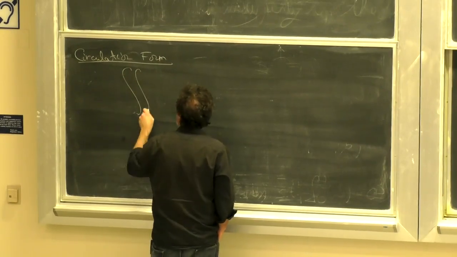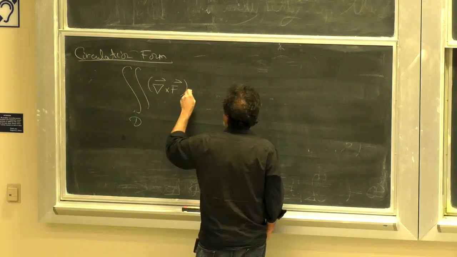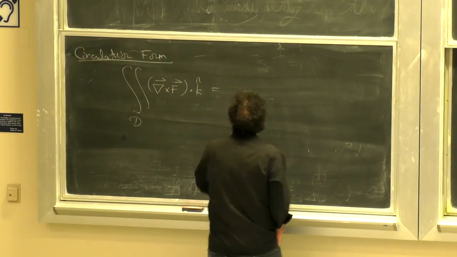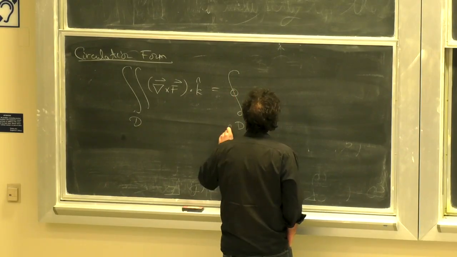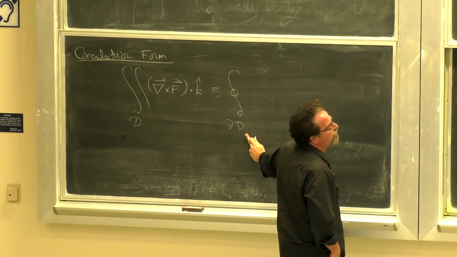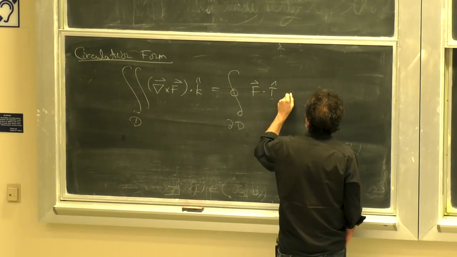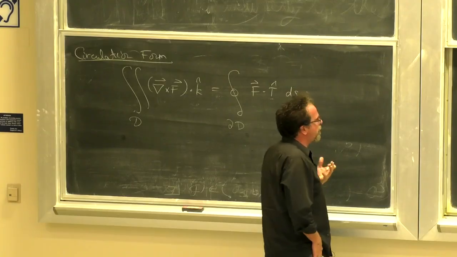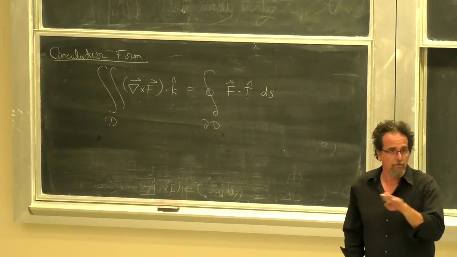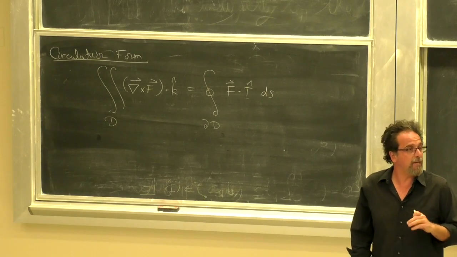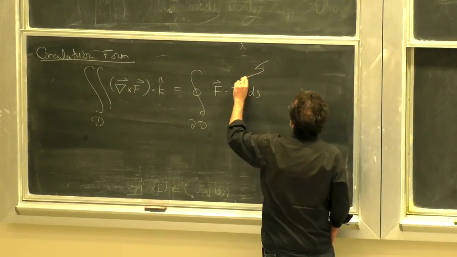The circulation form is the following. The integral around the domain of the k-hat component of the curl of any vector field is equal to the integral around the boundary of the domain, which is the same curve that we had up there, of F dot T hat ds. Now, the difference here is that you just have to be careful with counterclockwise, because you are choosing a T hat. Okay? And so this is the counterclockwise